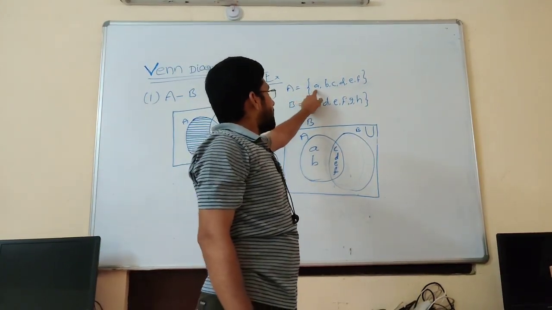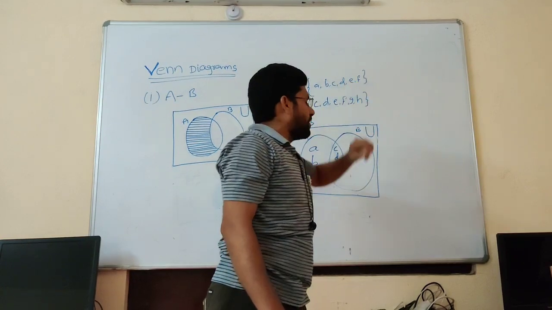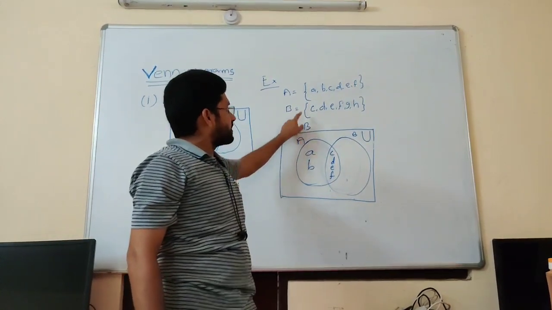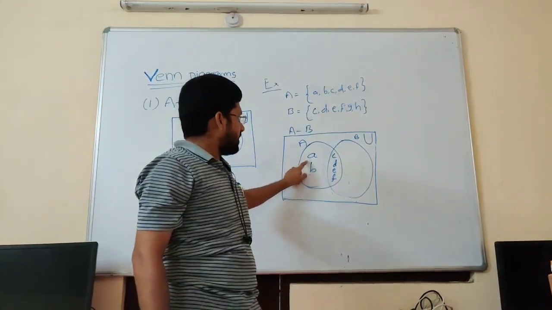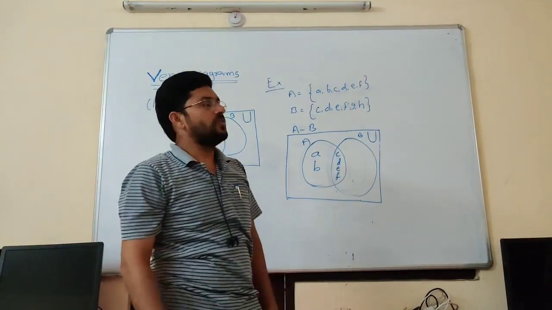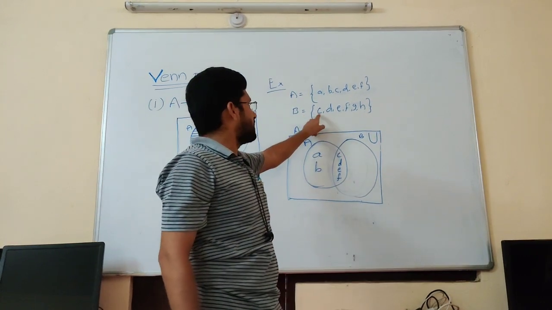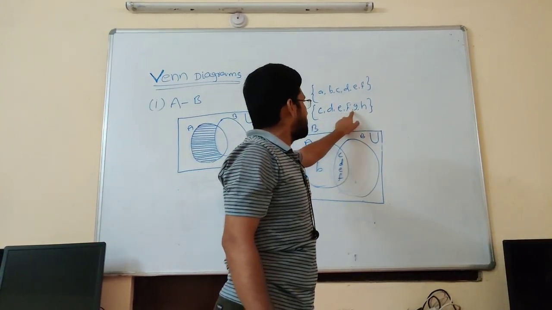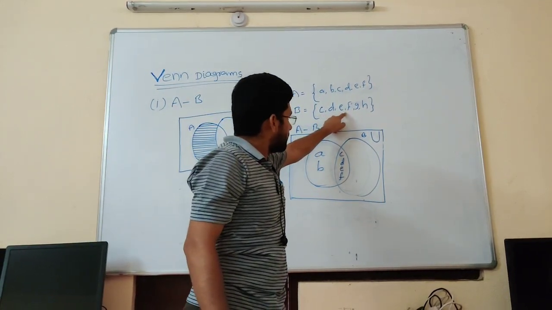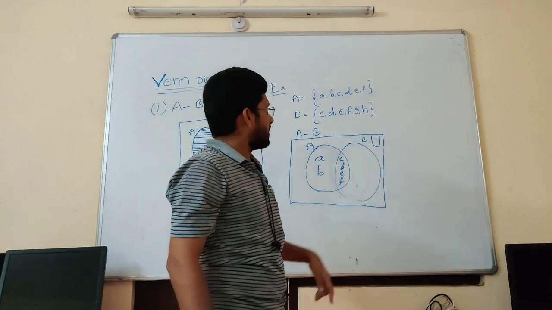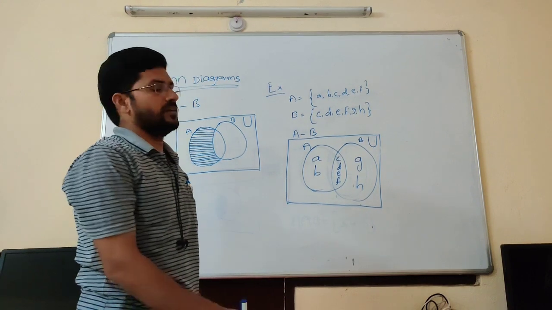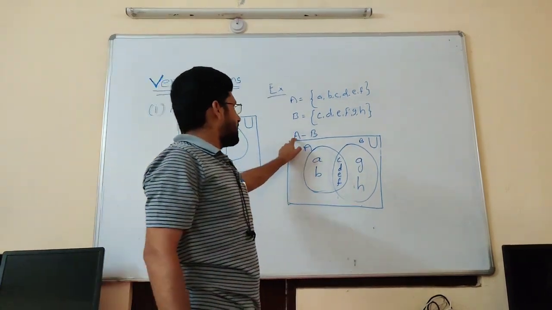Once look at the board. A means what we have taken? A, B, C, D, E, F we have taken. Here the first circle shows set A. In set A, all these elements are there or not? A, B, C, D, E, F is there. Now go for the next set. What is the next set? B. What is that? C, D, E, F, G, H are there. But in this set, C, D, E, F we have taken already. So the remaining elements are G and H.